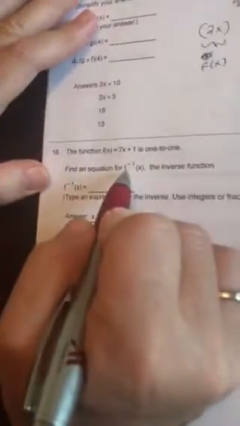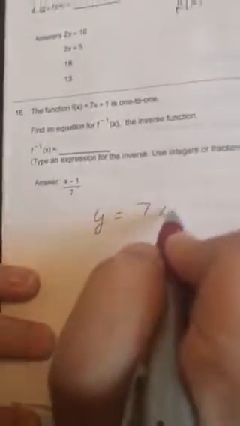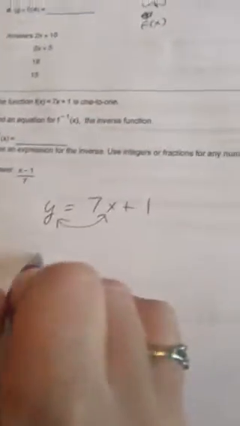Last problem. The function 7x plus 1 is 1 to 1. Find the equation of the inverse function. So in order to find the inverse function, you do this. It's a little trick. y equals 7x plus 1. So all you're going to do is switch your x and y's. So I'm going to have x equals 7y plus 1. And then